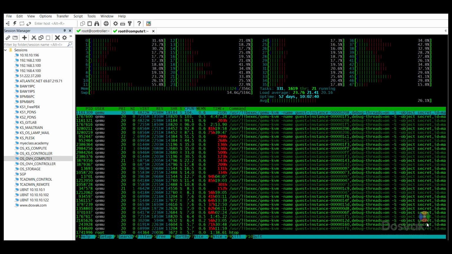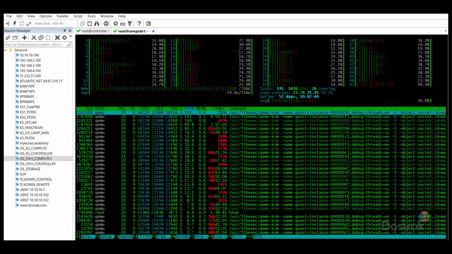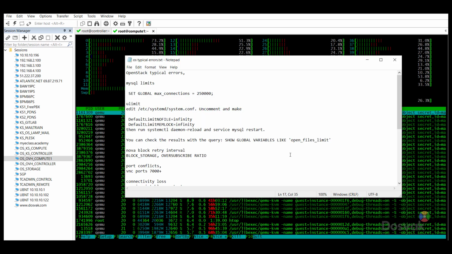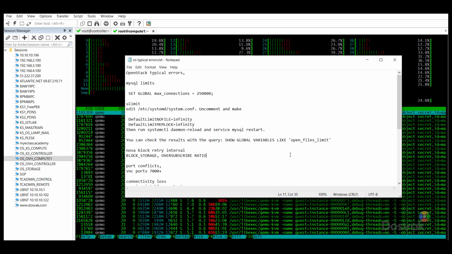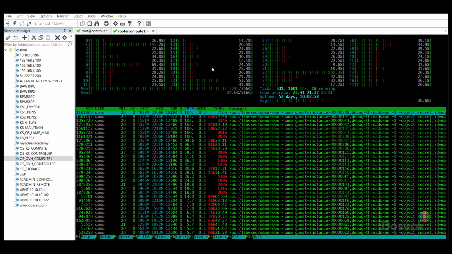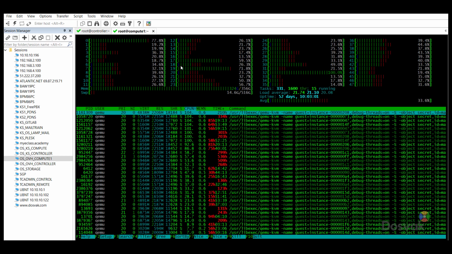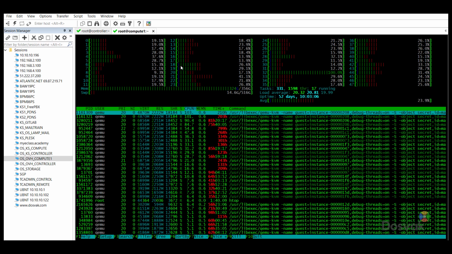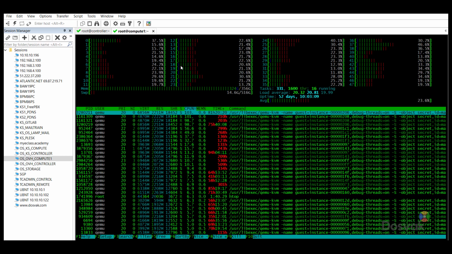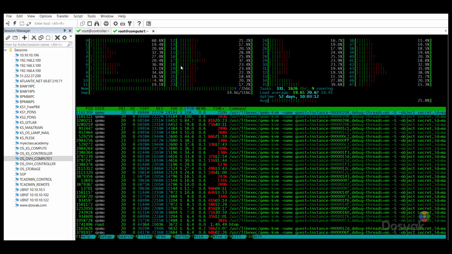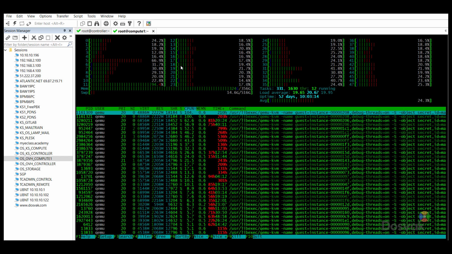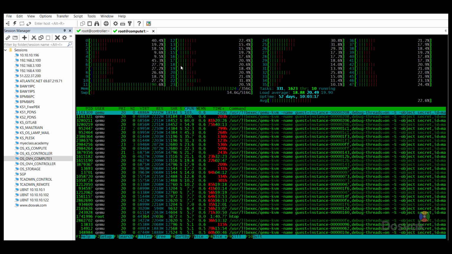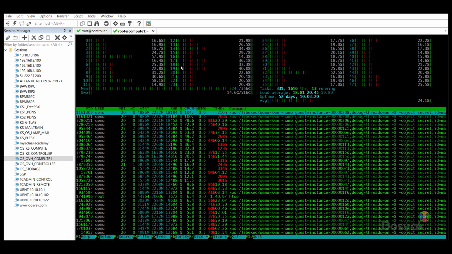Hello friends, in this session I'll be going over some typical problems or error situations which can come up, especially on heavily loaded OpenStack compute nodes and network nodes, even the controller node also. As you can see, this is one of our compute nodes and it has more than 200 active virtual machines loaded on it. During the progression of building up the load, we have seen certain problems which I'd like to provide you details about,